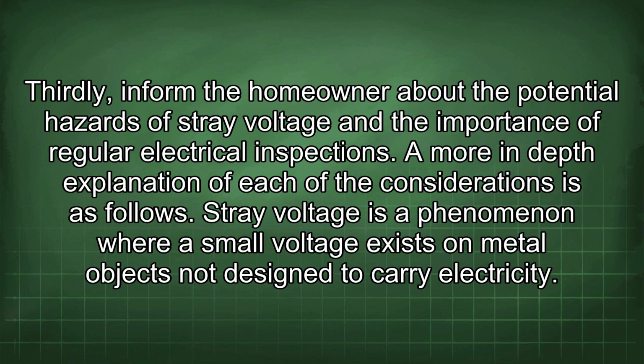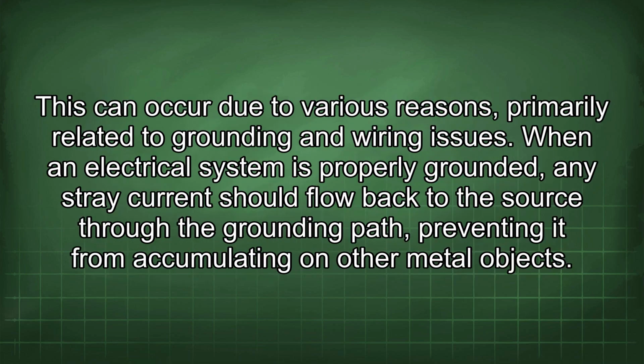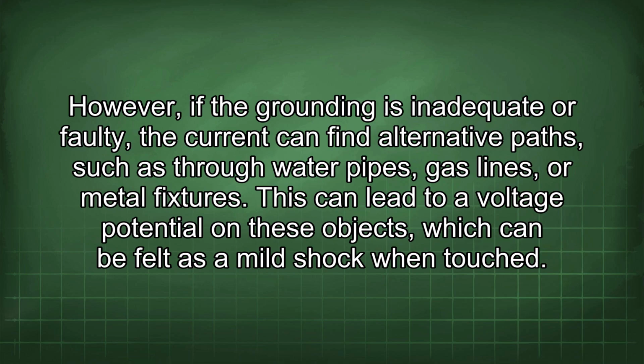Stray voltage is a phenomenon where a small voltage exists on metal objects not designed to carry electricity. This can occur due to various reasons, primarily related to grounding and wiring issues. When an electrical system is properly grounded, any stray current should flow back to the source through the grounding path, preventing it from accumulating on other metal objects. However, if the grounding is inadequate or faulty, the current can find alternative paths, such as through water pipes, gas lines, or metal fixtures. This can lead to a voltage potential on these objects, which can be felt as a